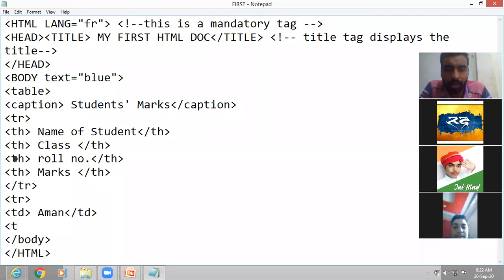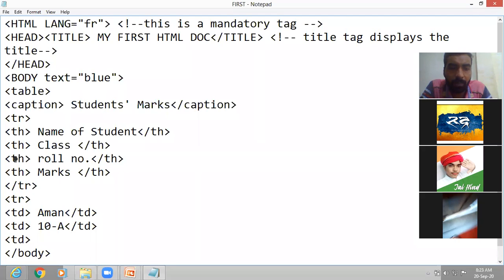Then the second item, again TD, that is class. Suppose class is 10th A. Then close TD. Then again TD for roll number.